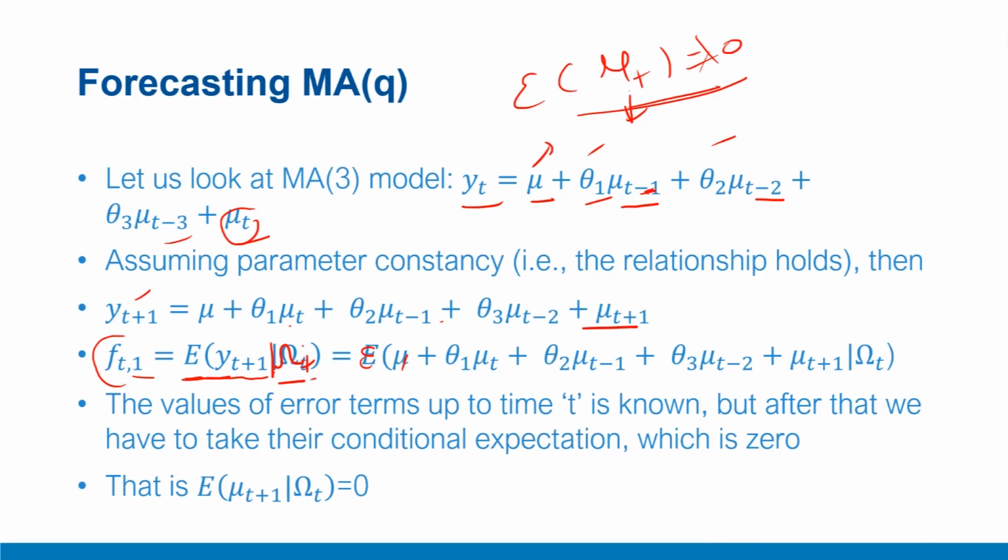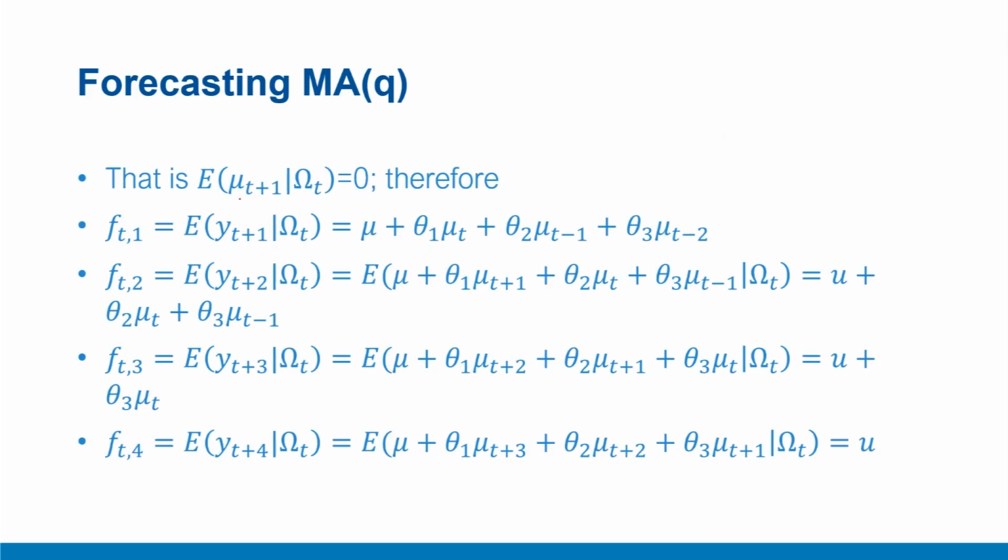So for example, up till time t, we have all the information available. For that, we will use the actual observed values of mu t minus 1, mu t minus 2. However, for mu t plus 1, because this is not known, its expectation obviously will be 0. So the expectation of mu t plus 1 will be 0, but for mu t minus 1, mu t minus 2, their actual values will be taken. So in this spirit, when we take expectations, mu t plus 1 will become 0, but for all the other terms, we will use mu plus theta 1 mu t plus theta 2 mu t minus 1 plus theta 3 mu t minus 2, with the caveat that mu t minus 1, mu t minus 2 are actual values already observed standing at time t.